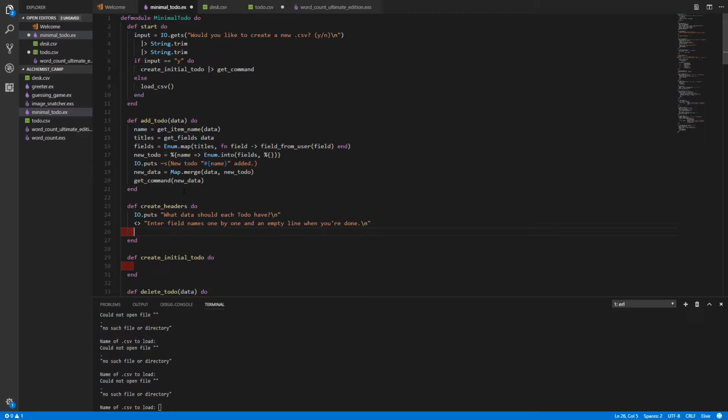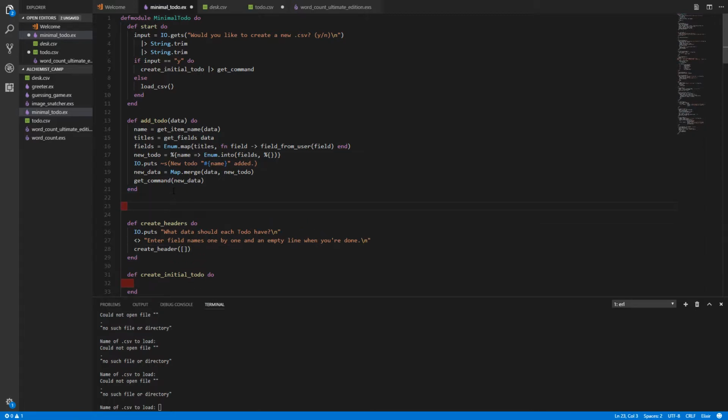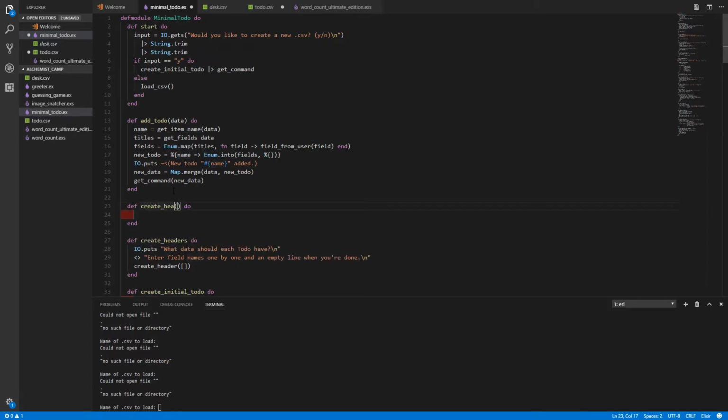we're gonna have to build this up recursively. So I'm gonna call a helper function, actually kind of the real function, called create header, and I'm going to pass it an empty list. This create header is going to contain all of the column headers that we've entered so far. So create header, and this has a list of headers. The first time you call it is from this create headers. Then each other time, like after the first one, it's just calling itself and passing more and more headers. So this will have a case,